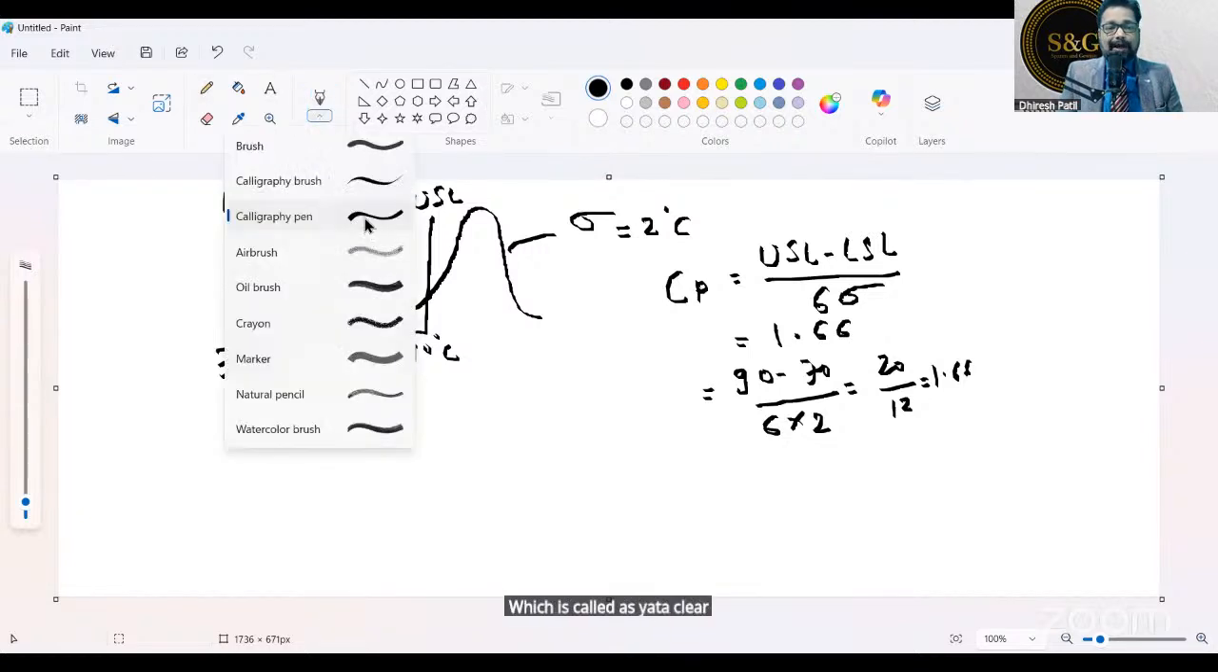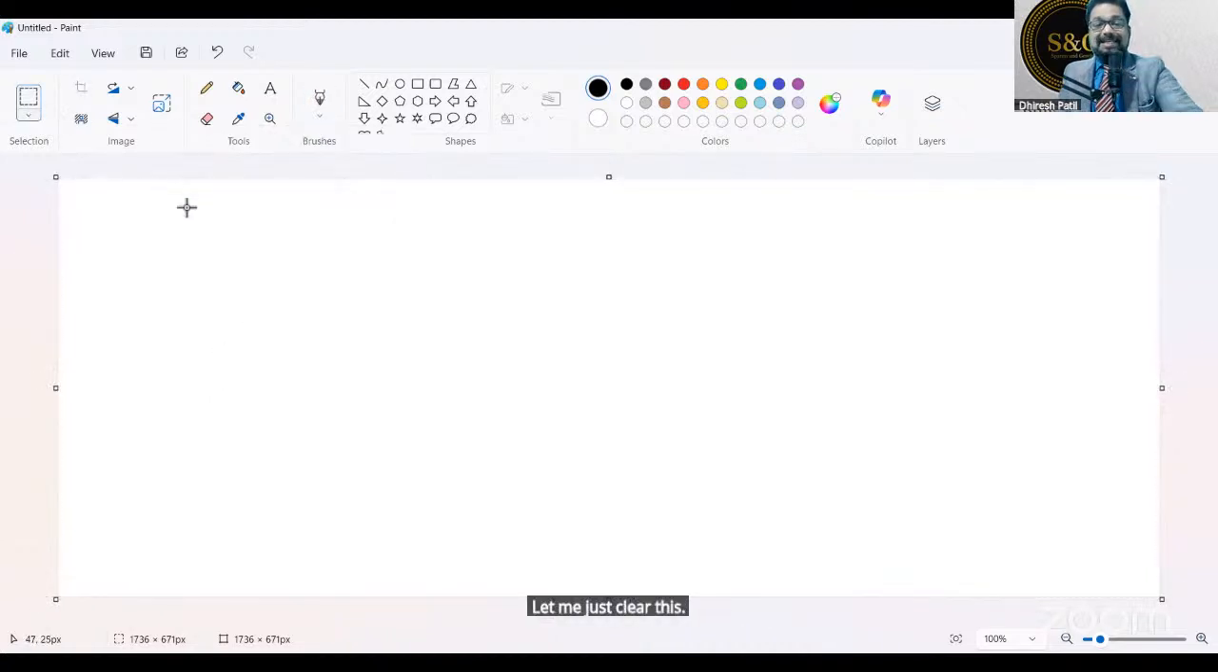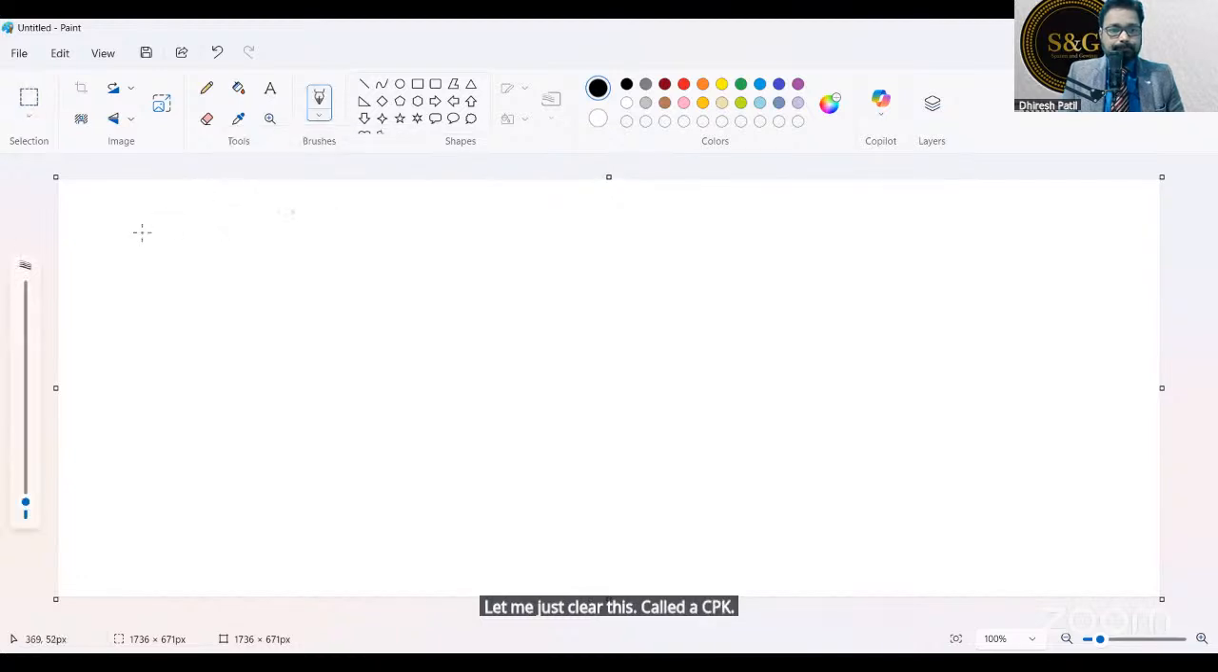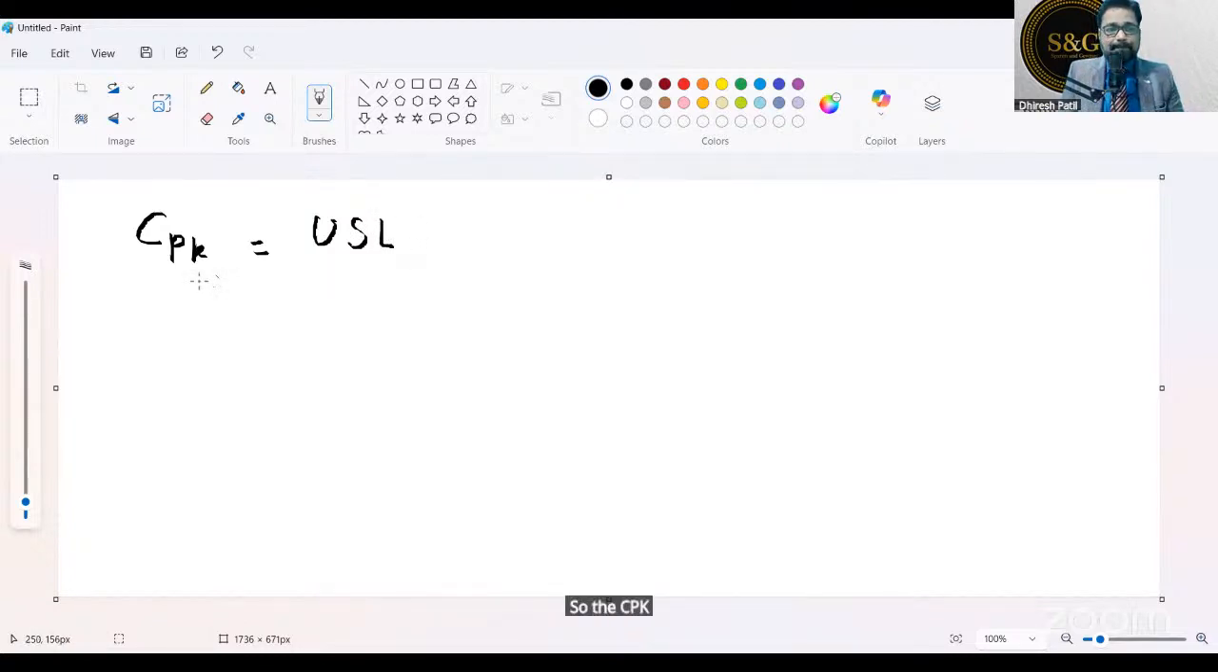Which is called Cpk. What is the formula for Cpk? They devised the formula for Cpk. The formula is USL. So the Cpk formula is this. Actually, for Cpk there are two formulae here. Just a second. So the Cpk formula is